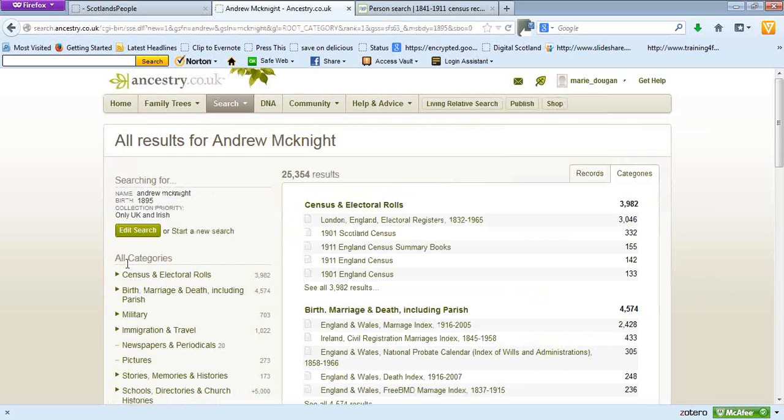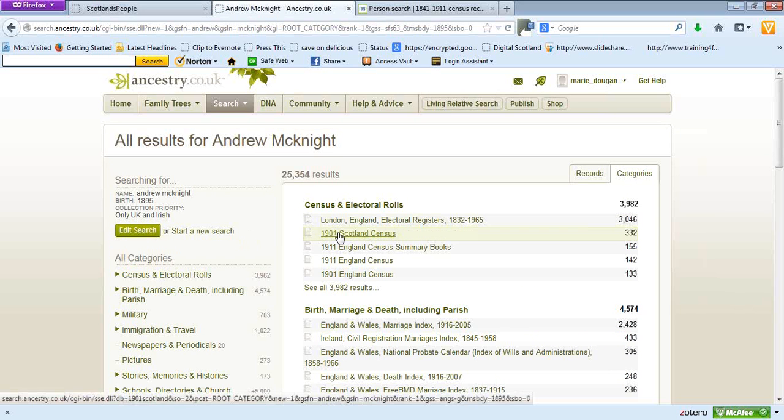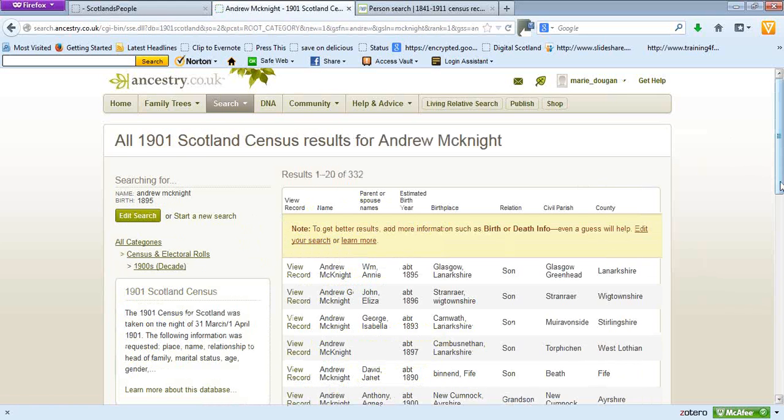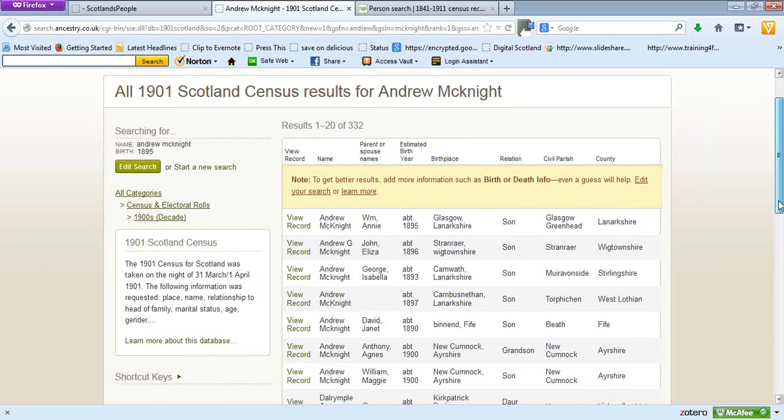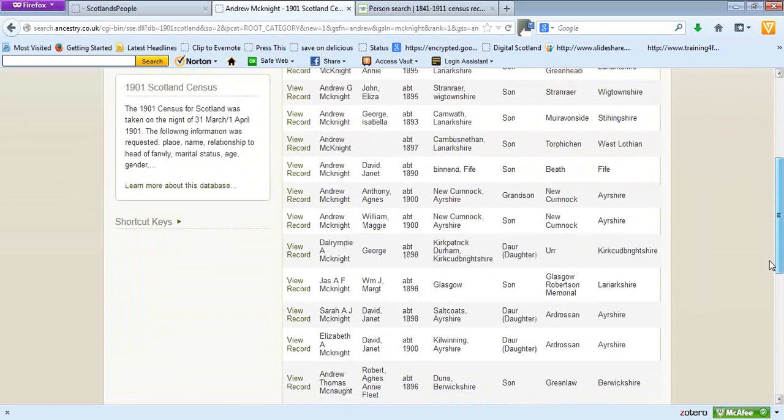And you can see this is set up, and my page is maybe set up slightly differently from yours. But if I look at the 1901 census, which is probably the one I'd want to look at for Andrew, considering he was born in 1895, if I click on that, that's going to restrict it to the 1901 census. You can see there's rather a large number of records, and if we look down you can see the name Andrew begins